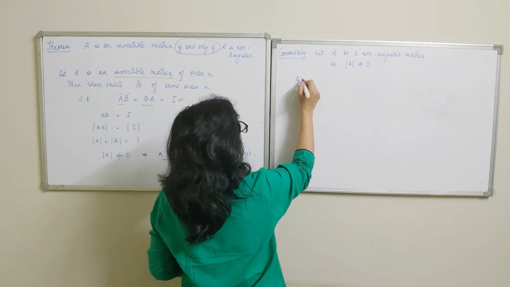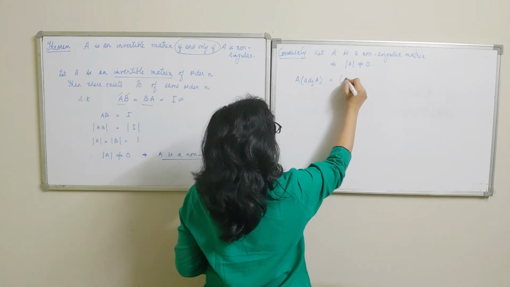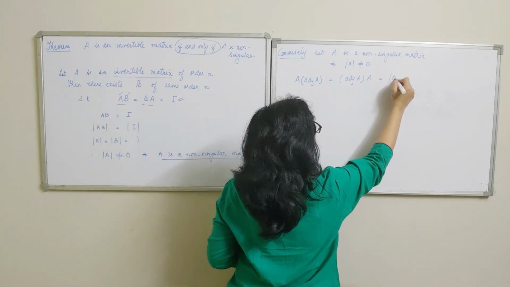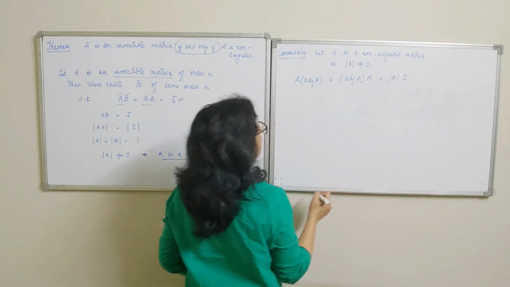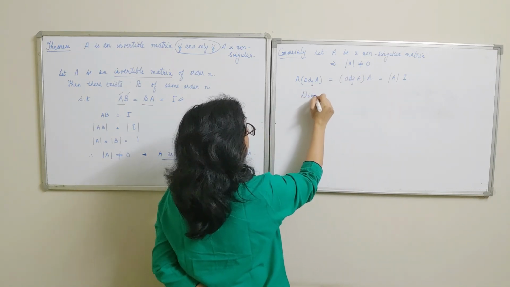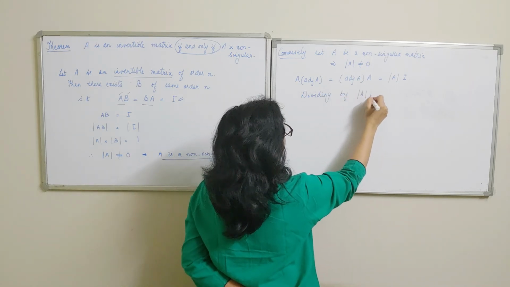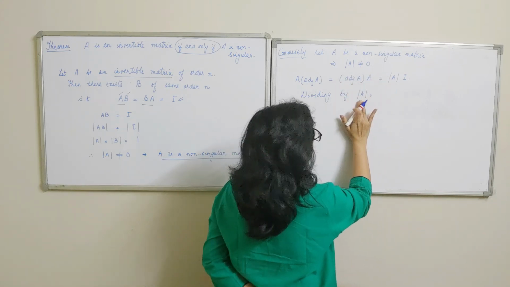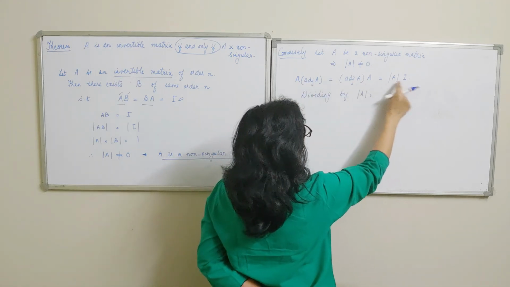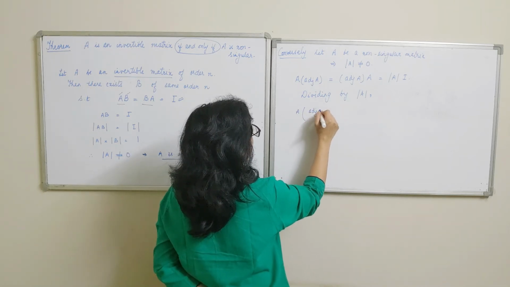We have just now studied this result, that a square matrix multiplied by its adjoint is same as the adjoint matrix multiplied by A, which is equal to determinant A into I. Let us divide each part here by determinant A. We are dividing by determinant A because determinant A is not 0. We can always divide by a non-zero quantity. So this is a real number which is not 0. So dividing the three parts of the equation by a non-zero quantity, we get an expression like this.